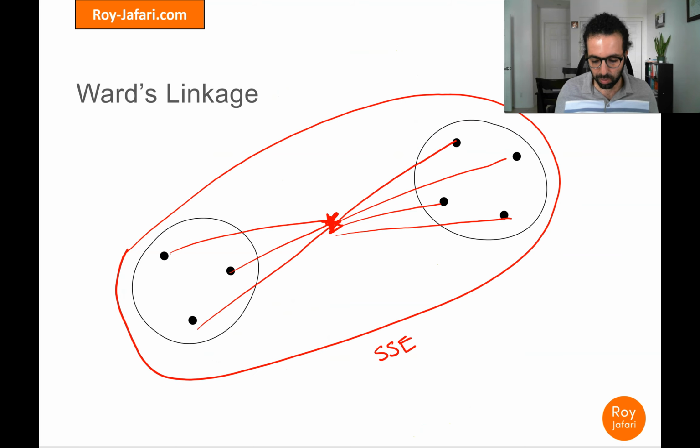SSE, right? We calculate this SSE, but with this, we could calculate any functions that we think are important. SSE is a really good function. It calculates the loss of information if we were to re-represent all of these data objects that are coming together with this clustering, right? So this is a really good formula to capture this, and it works for